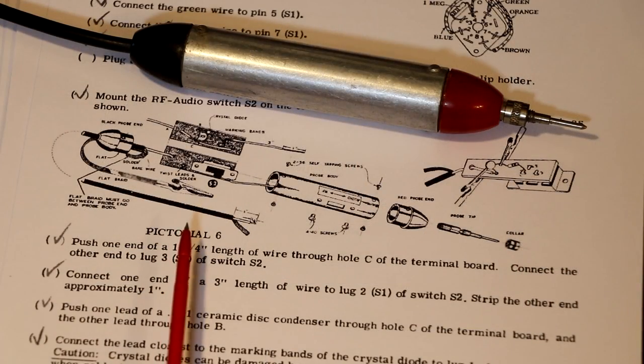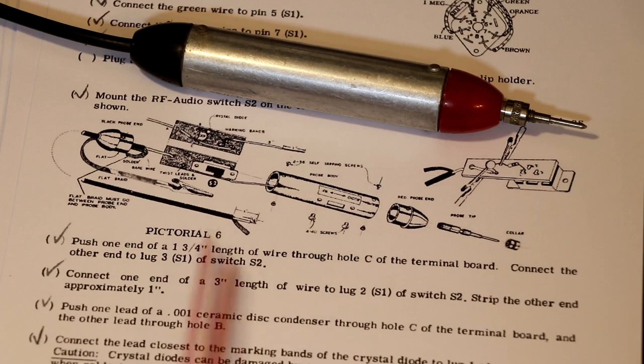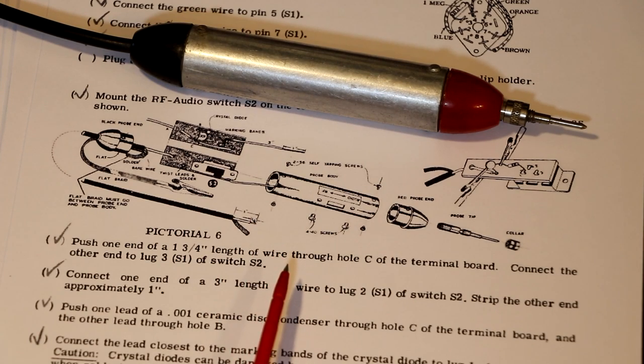Now, of course, we haven't even tried to connect any power to this unit yet, but I do think it's important, and I'm going to take a little bit of time to review these assembly instructions just to make sure that this unit I've got here has been assembled in accordance with the manufacturer's information, because it's not unusual to buy a piece of equipment that's been messed around with, or perhaps had something connected wrong or bodged. I am going to take a few moments off camera